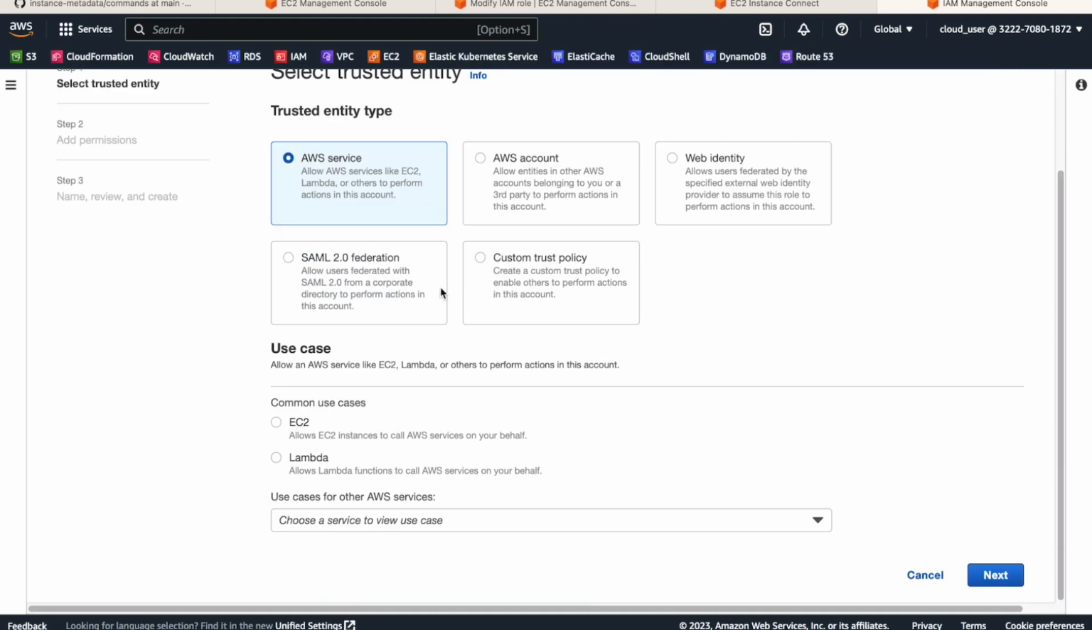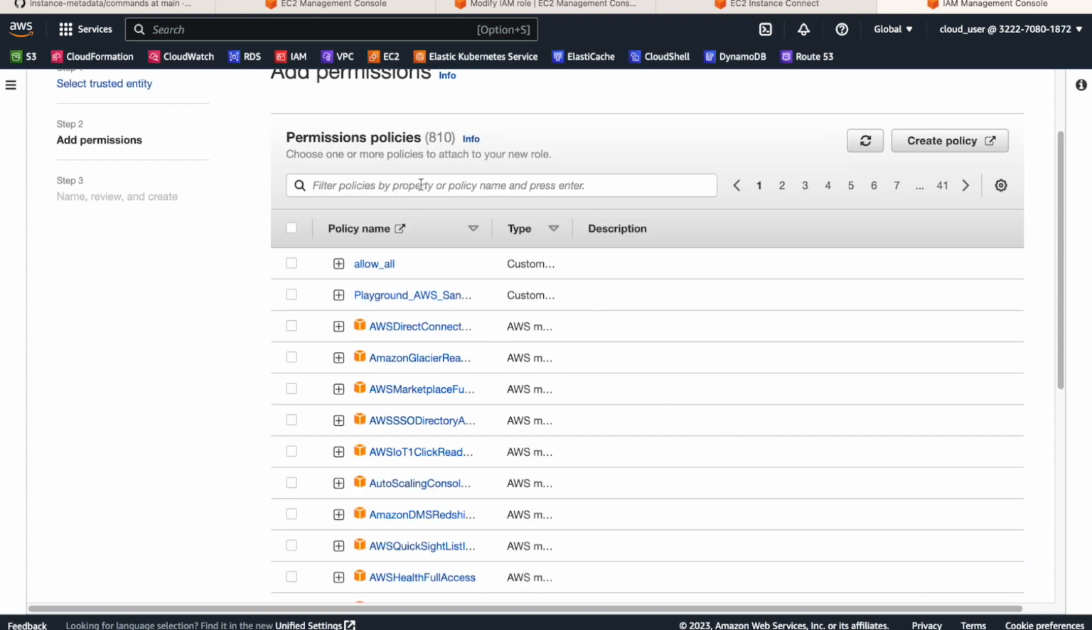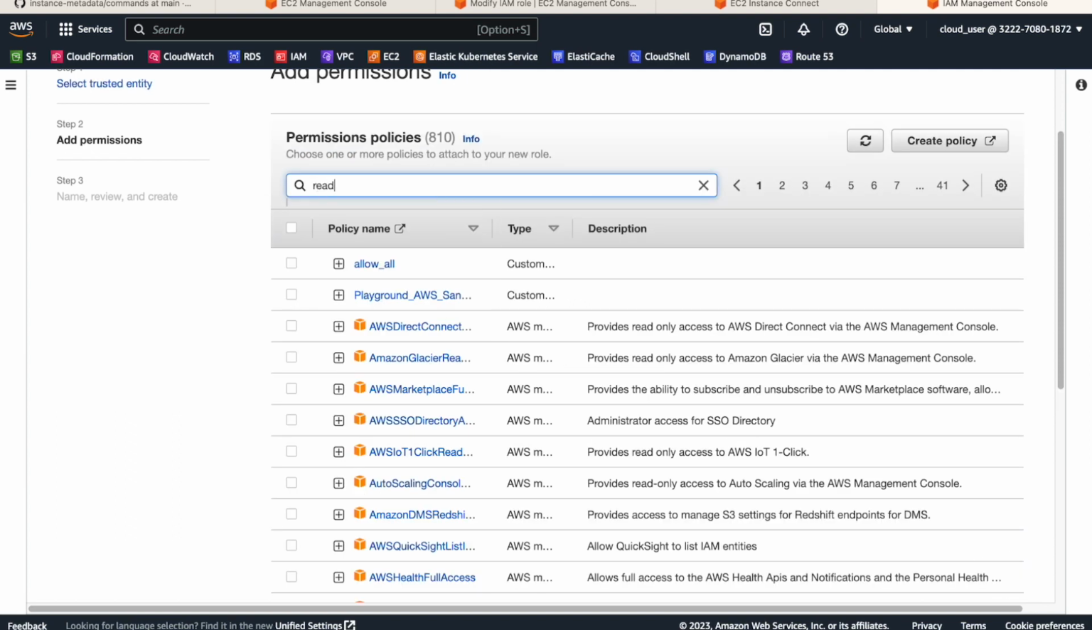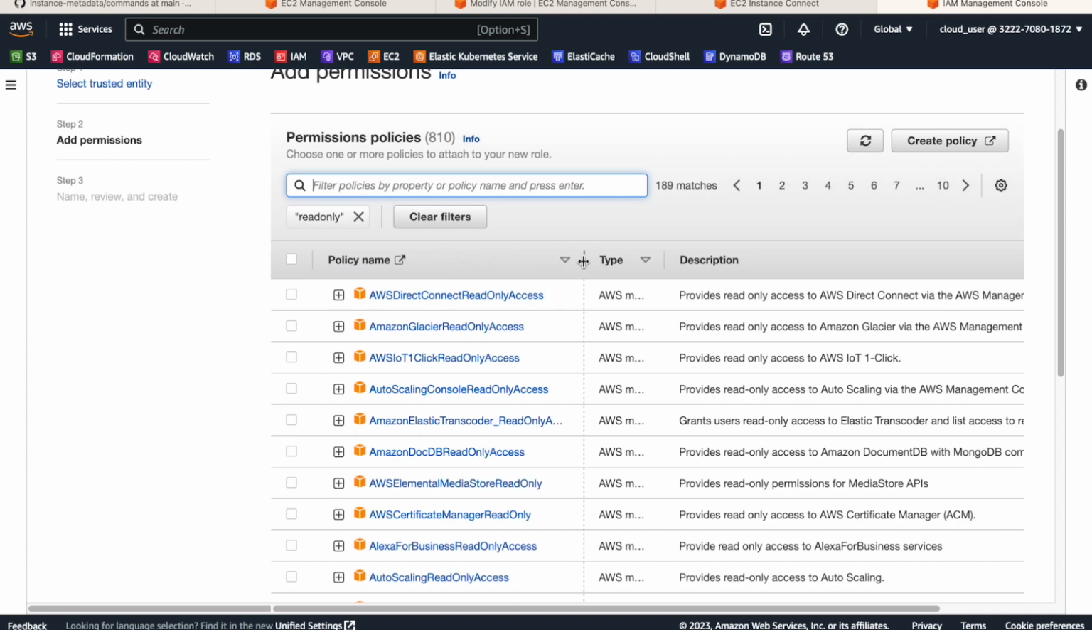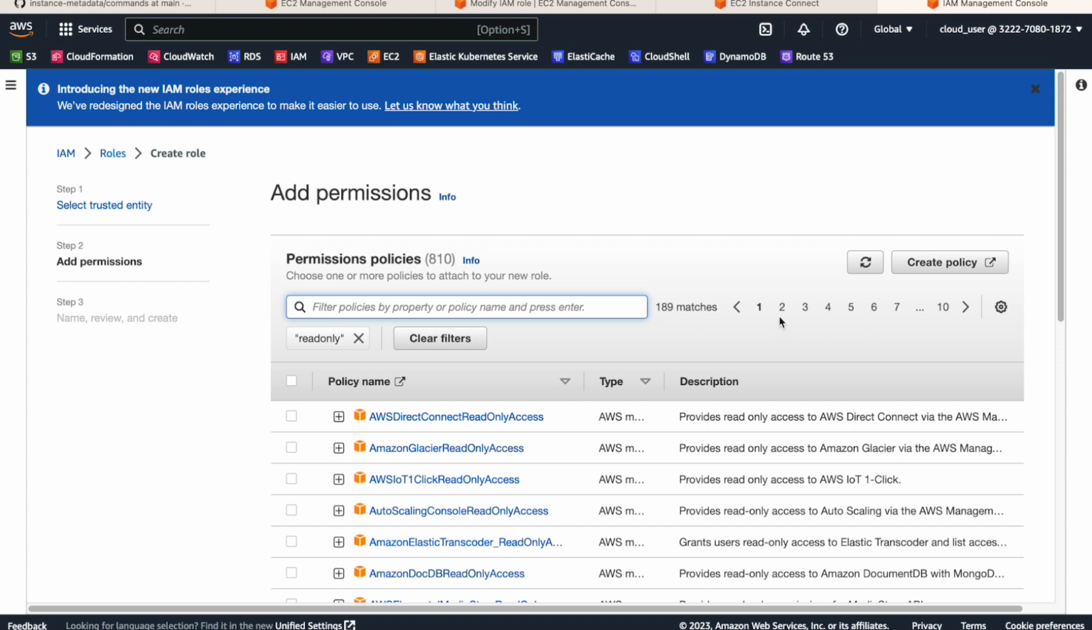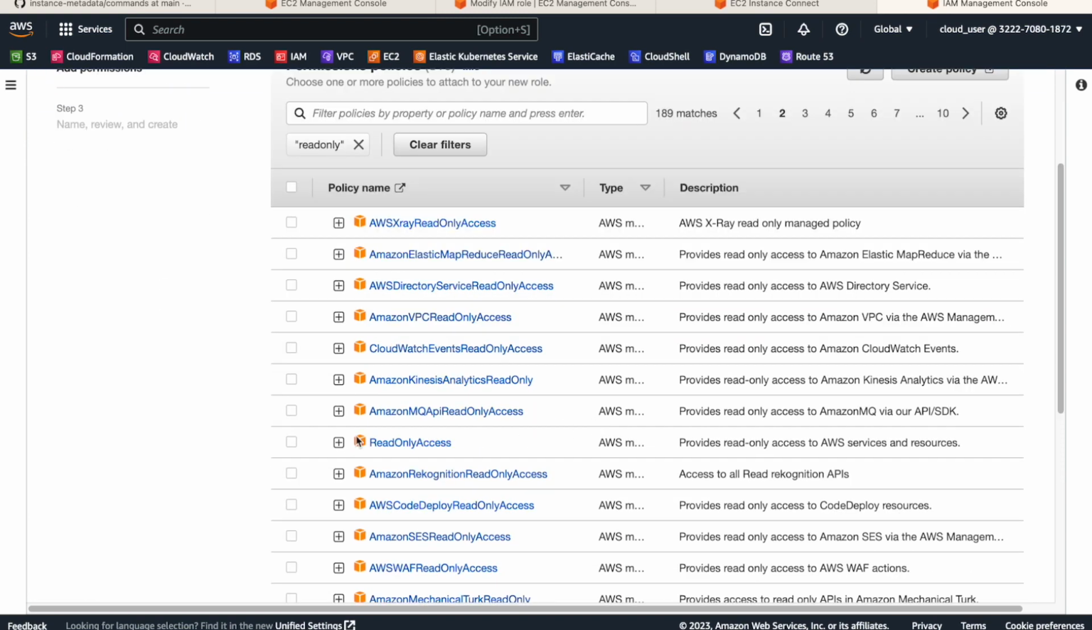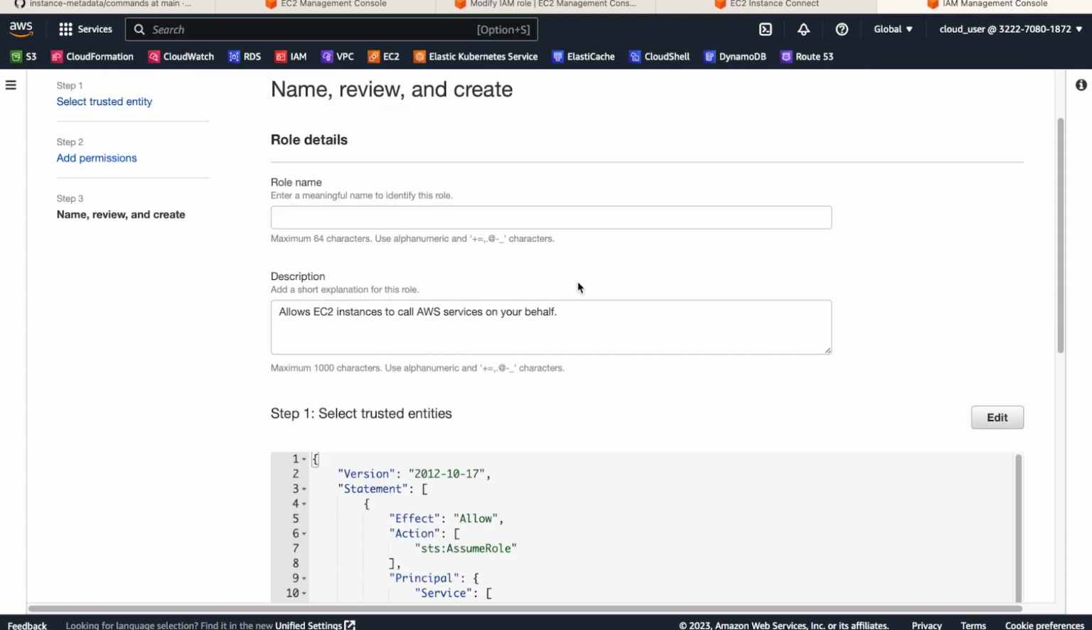Create role, I will use EC2 as my service. Then next, I think I will just give a read-only role. Let's check where the AWS read-only role is. Let's go back, go to page 2, and I can see read-only access. So I am creating one instance profile which only has read-only access, and I am going next, and then role